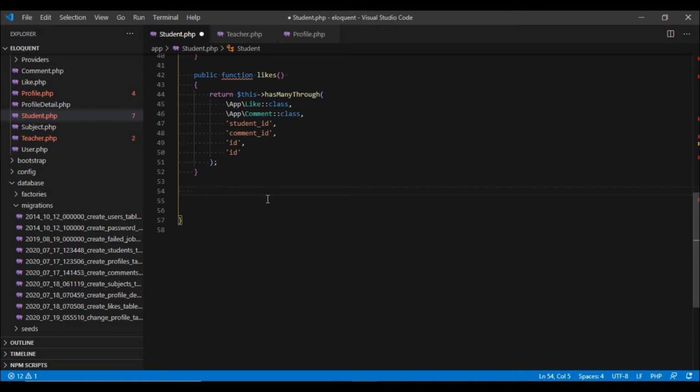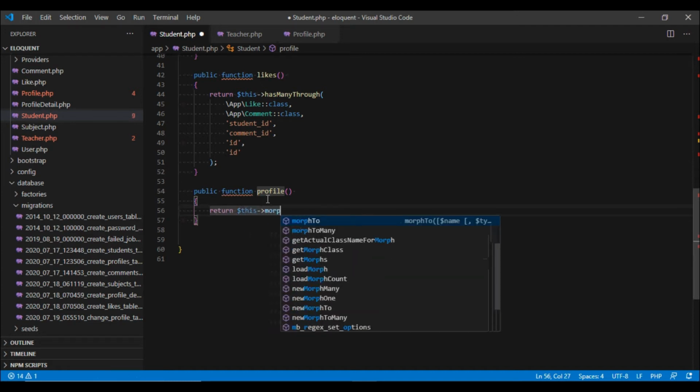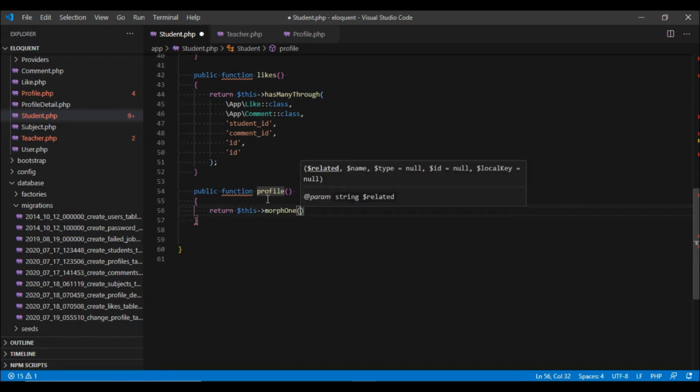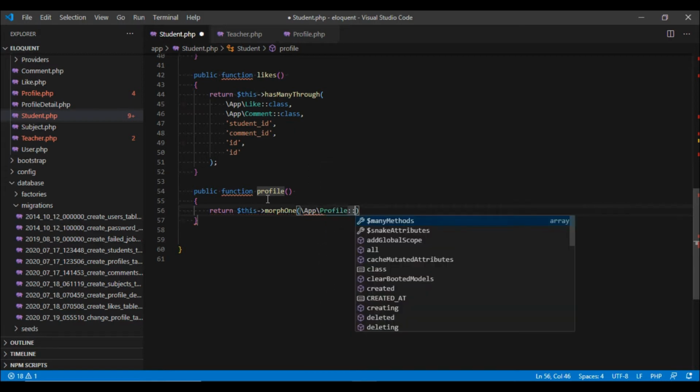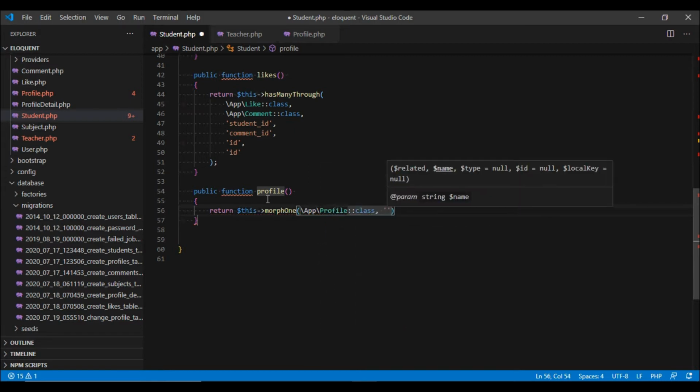Now let's go to the student model and link this to the profile model. We are going to create a new method and call it profile, and this will return a morphOne relationship, and we are going to pass it the Profile class, and the second parameter which would be profilable.